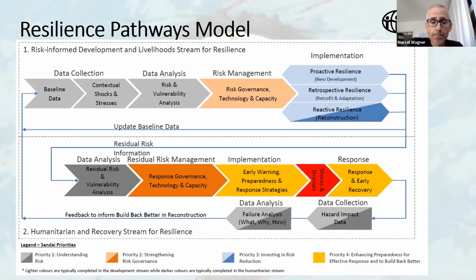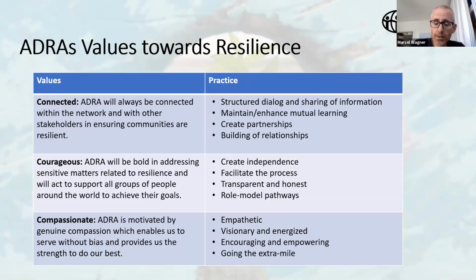And the second part is the recovery, or the humanitarian part, which should be a smaller part. Again, it starts with data analysis, and then with risk management and so on. What is very important, outlined here, is that it should be more a proactive way, that resilience is built into the development work rather than in disaster management. All right, the next one, yes.